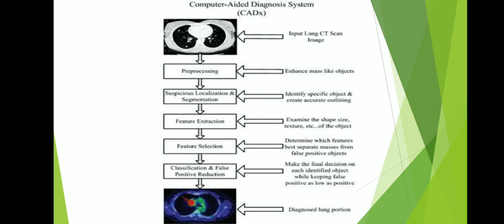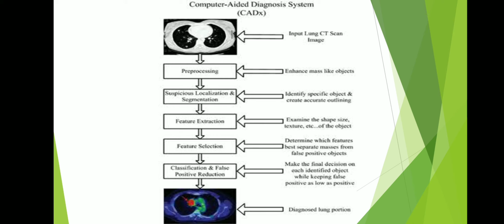Like for example, if there are 2 to 4 types of similar lumps, the first similar lumps will be shown by a plus sign, the second type of similar lumps will be represented by a circle sign, and the third category will be symbolized by a star sign, and so on. That will be part of CAD-E only, because it is also included under localizing and marking the suspicious parts, which is the function of CAD-E. CAD-E helps to mark and identify the suspicious part. Characterization of the suspicious part is done by CAD-X.